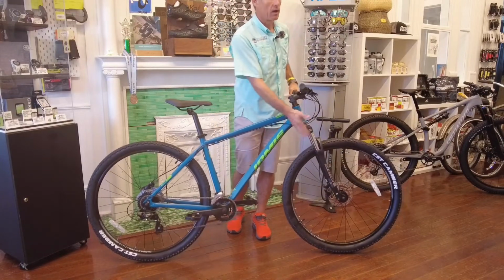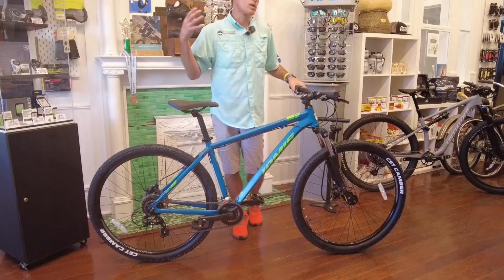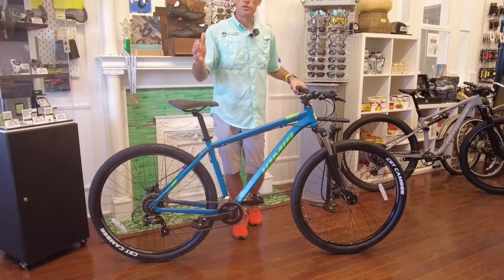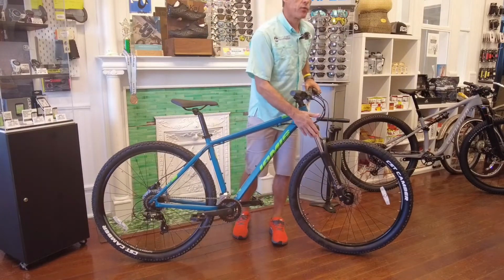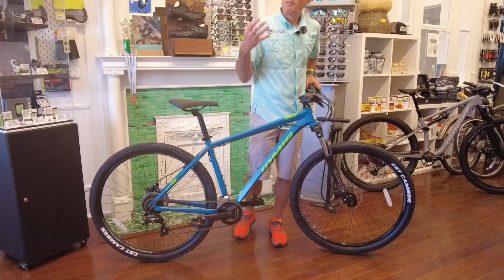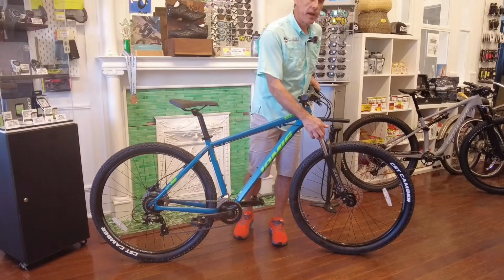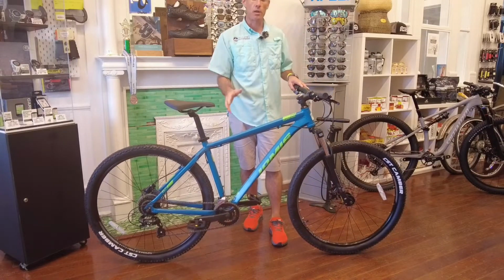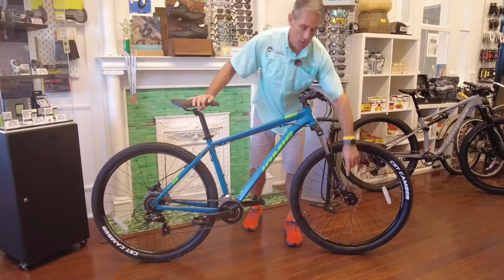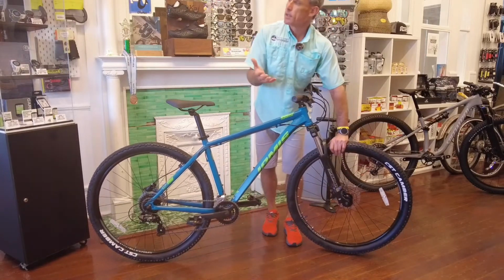Most of the time an air oil fork is great for a veteran of the sport, someone that's kind of doing this on a higher level. But the coil forks have really gotten better and better over the years. Now, this is a 28 millimeter stanchion fork. That means it tracks really good. It's solid. Now, this bike does have a quick release skewer rather than a solid front axle, which is good for